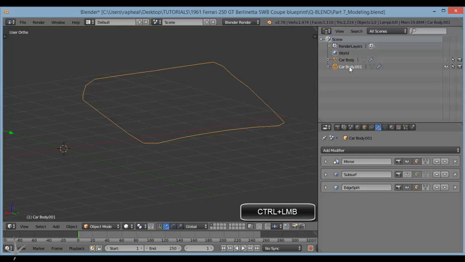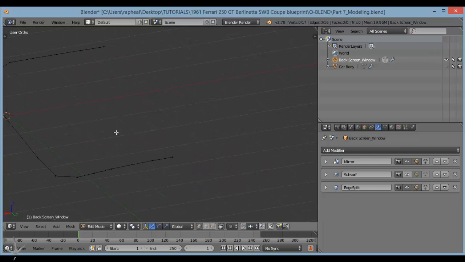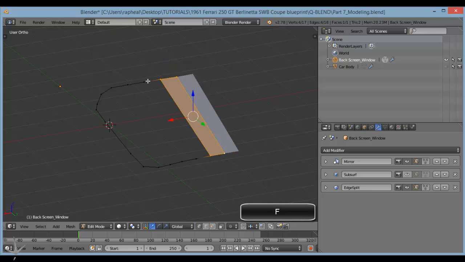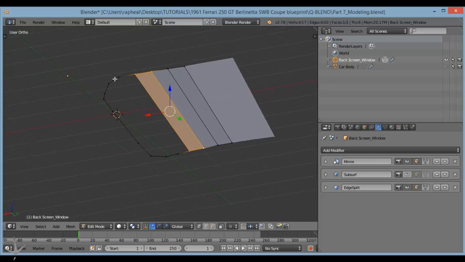So Control and left click on it to rename it to maybe back screen, maybe right window underscore window, yeah, something like that. You can rename it to anything you want if you know its correct name. So what I want to do here is to just fill this with F. So just select all these faces, all these points, press F to fill them,